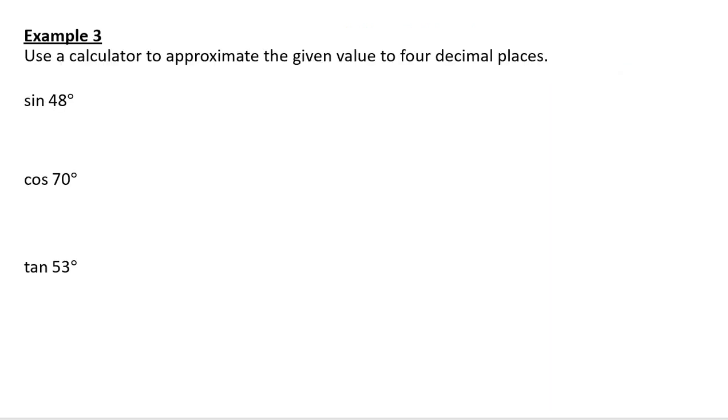Okay, using your calculator to approximate the given value to 4 decimal places. On your calculator, and I'm just going to describe it to you. On your calculator, there is a button that says SIN. Okay? First of all, you want to make sure you're in the correct mode. So for mode, you press the mode button. And then arrow down